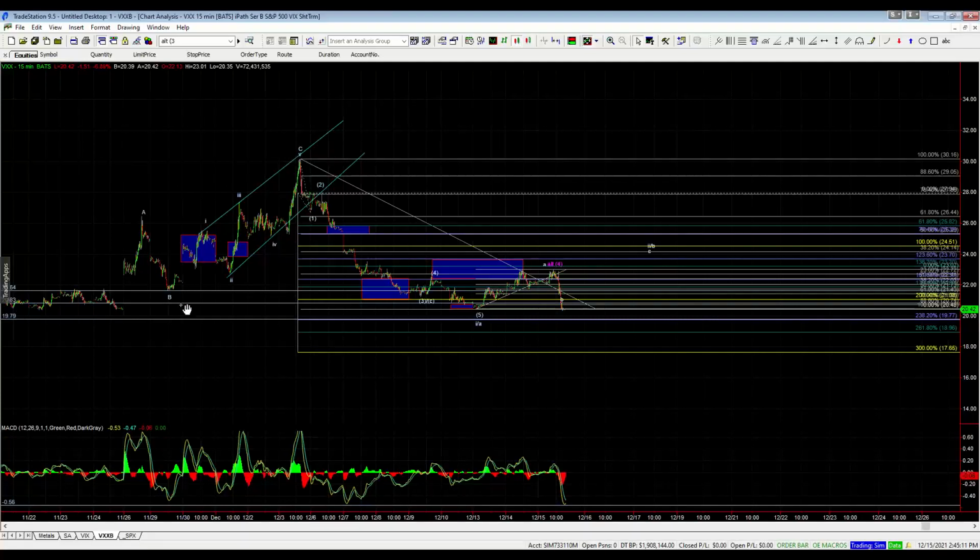So on the VXX, we had A, B, and then C, and we had 1, 2, 3, 4, 5. Very clear 5-wave move, very clear ABC pattern. Pattern was within the channel, and it was a pretty textbook ending diagonal pattern. When ending diagonals end, they will almost always retrace back to the origination point of the ending diagonal in a time that's less than the time that it took to move from the origination point to the ending point of that diagonal. So in this particular case, the ending diagonal started at